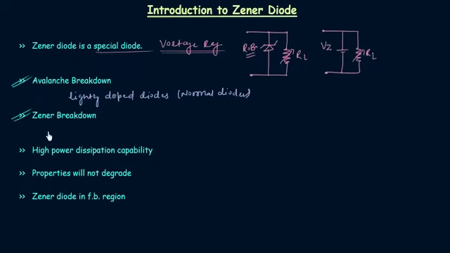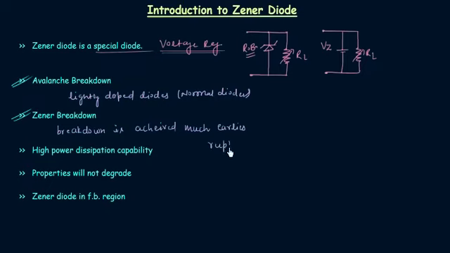But in case of Zener breakdown, we can achieve the breakdown much earlier. Let me write this down. Breakdown is achieved much earlier in case of Zener diode, and this is because we increase the doping level on both the sides. On N side and P side we increase the doping levels, and we have the breakdown earlier as compared to the normal diodes. In case of Zener, breakdown is initiated by direct rupture of covalent bonds,